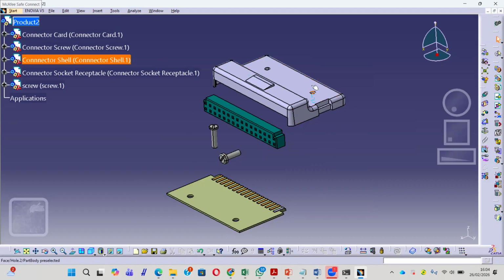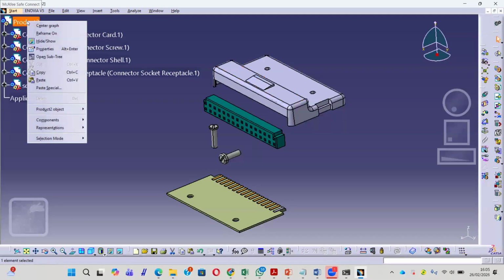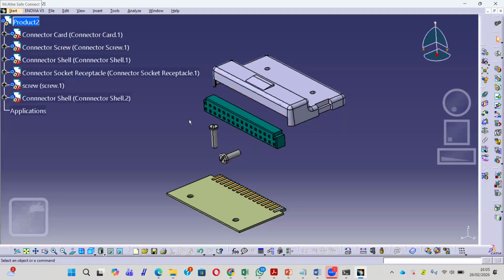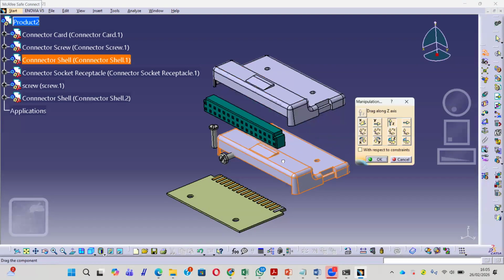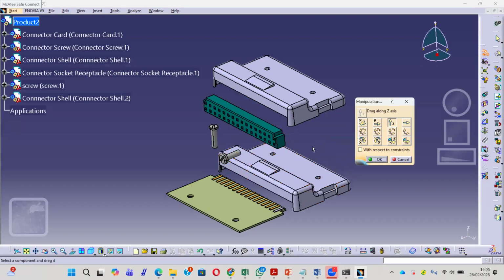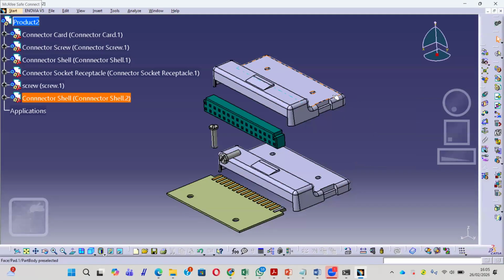After this, we will make an assembly. Actually, for the connector cell here, we will have two parts with the same design like this. So you can copy this one, the connector cell, just right click, then copy, and then you can paste in here in the product tool, just paste. So you will have two here. For example, I will move to the Z direction, like this. Okay, you have two connector cells in here.